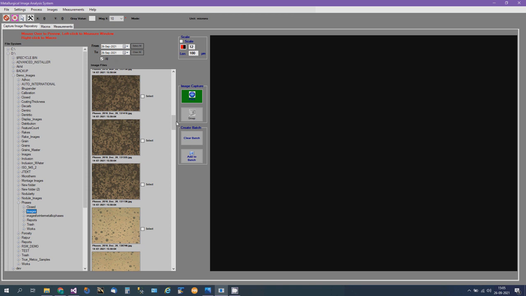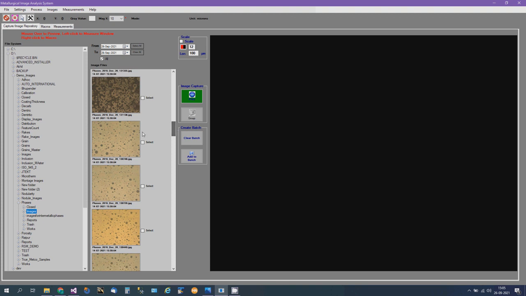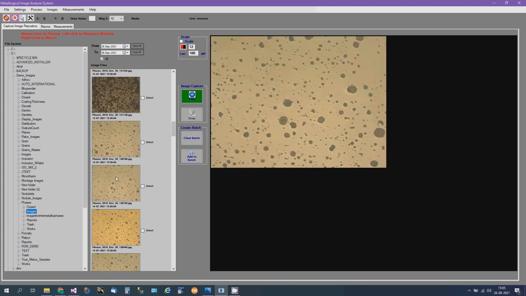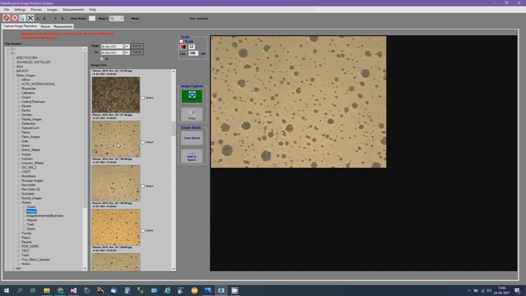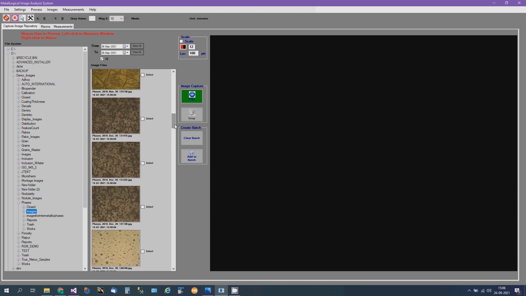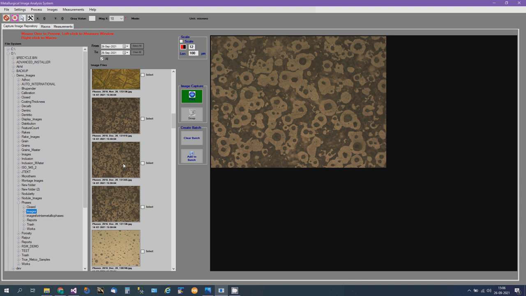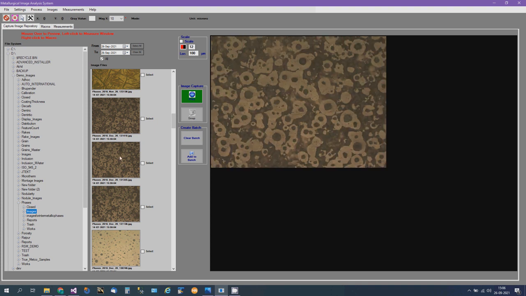We already have actual customer samples. If you recall, in the nodularity analysis we had some samples where we checked the nodularity or the graphite, and we also mentioned that the nodule data is saved so that it can be incorporated in the phase analysis as graphite data. So this is the actual sample image of an etched sample.